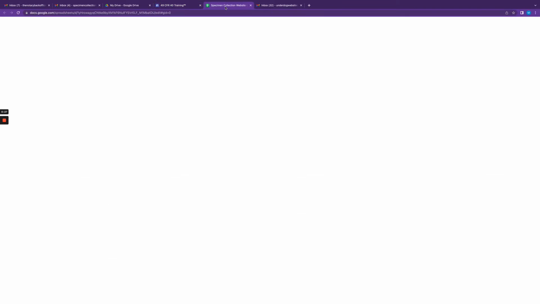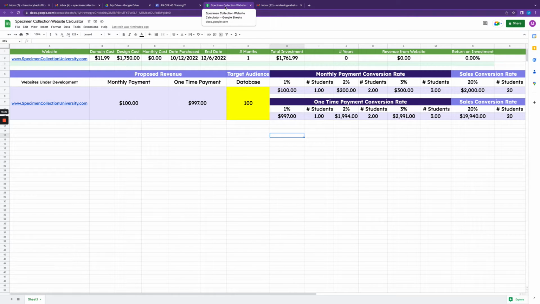And so what I wanted to do, and what I always do, is I am a numbers person. So I put together this calculator so that I could figure out and plan my attack, meaning that, okay, I know that I'm going to need a database with anything.